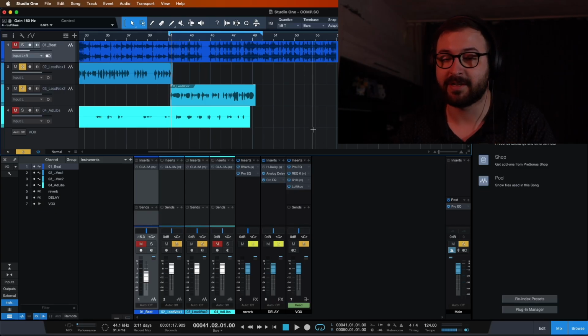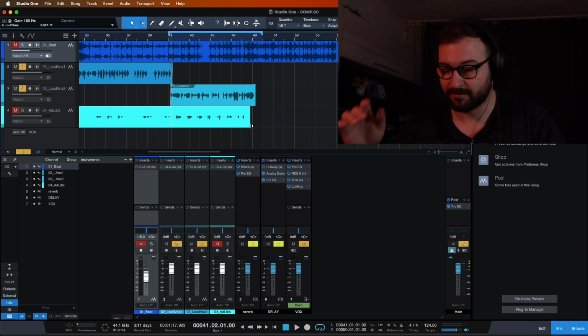See, that gain issue suddenly disappeared because we have boosted at key points like 2.5 and 10k, and now everything sounds a bit more leveled up. Obviously, together with some compressors and maybe a de-esser, stuff like this, it will sound even better, but only with a few EQs we've managed to take the voice from a raw point, but obviously it's a raw vocal straight out of the mic and not recorded in the best conditions, to a quite clean and a quite clear voice. Now I'll let you listen with all the plugins, all the EQs turned on, and then I'll just bypass them along the way so you can hear the difference.